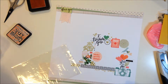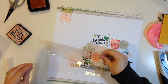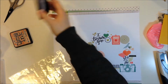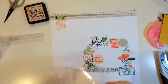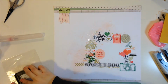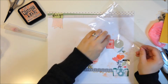I'm taking my favorite distress ink right now, which is Tattered Rose, and I'm just rubbing some of it onto a piece of plastic packaging and spraying some water on it, and then kind of dotting it around the page. And it gives kind of a nice soft watercolor effect. This color is really light and really subtle, and I love that about it. So I'm just adding it kind of all around the rub-ons,